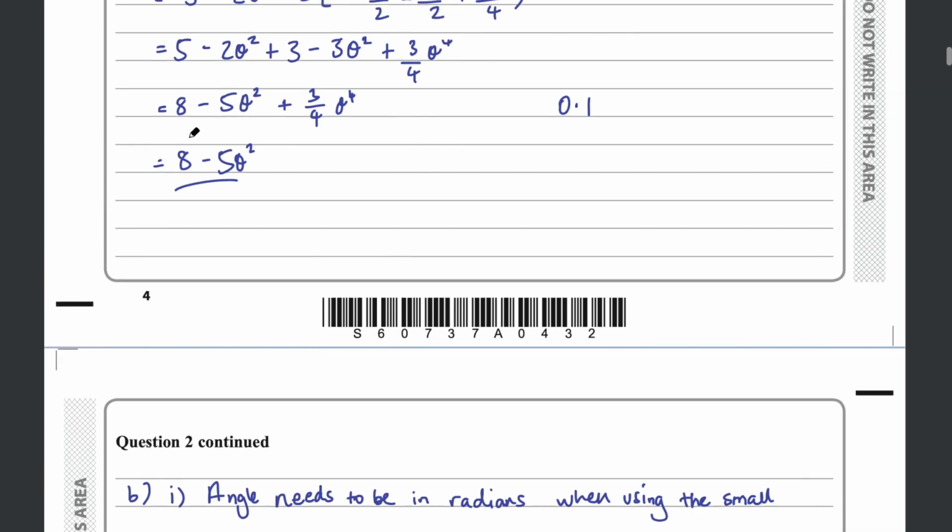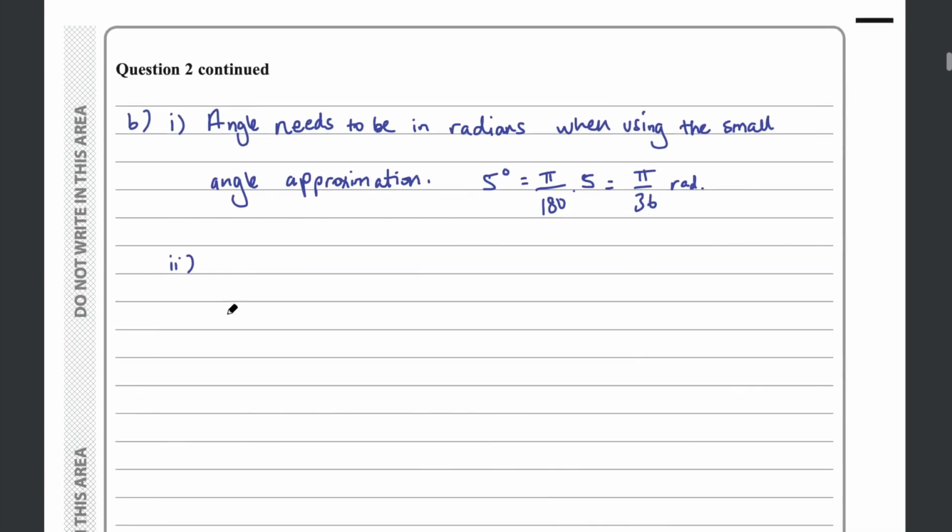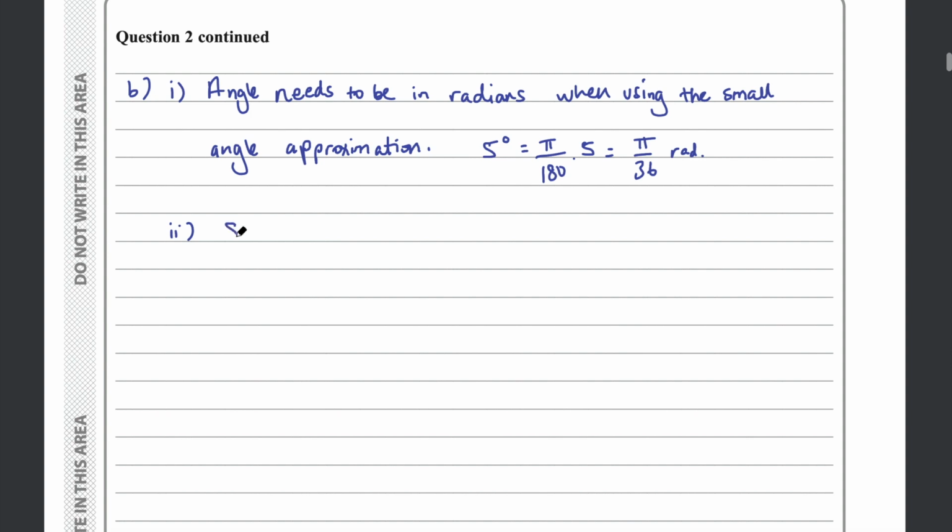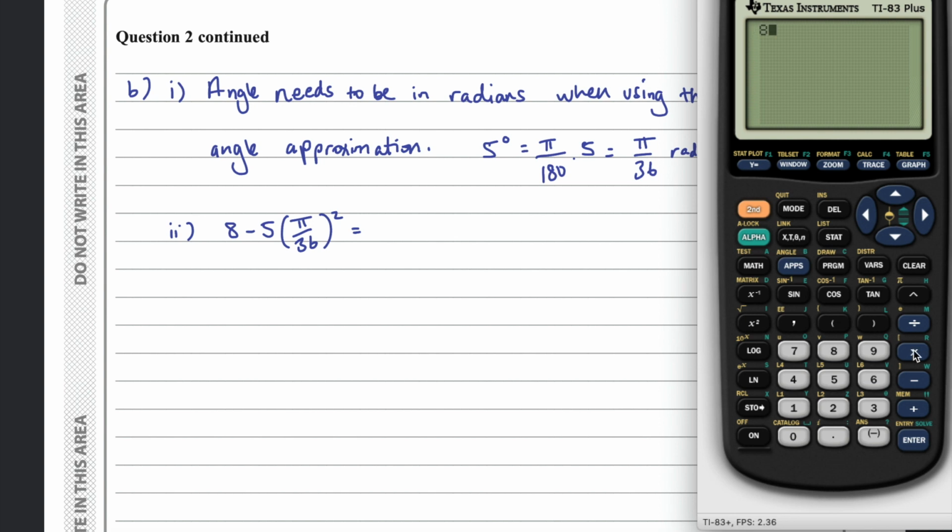So we'll take 8 take 5 theta squared, which is pi on 36 squared. And let's find what that is. So in our calculator, we can do 8 take 5 times pi on 36, and that is squared. And we get an answer of about 7.962